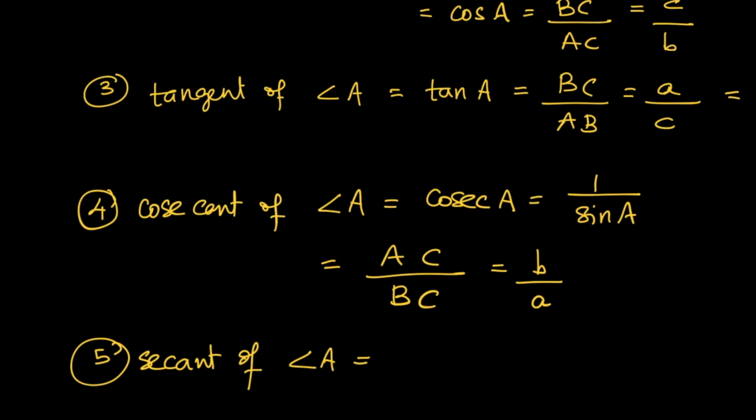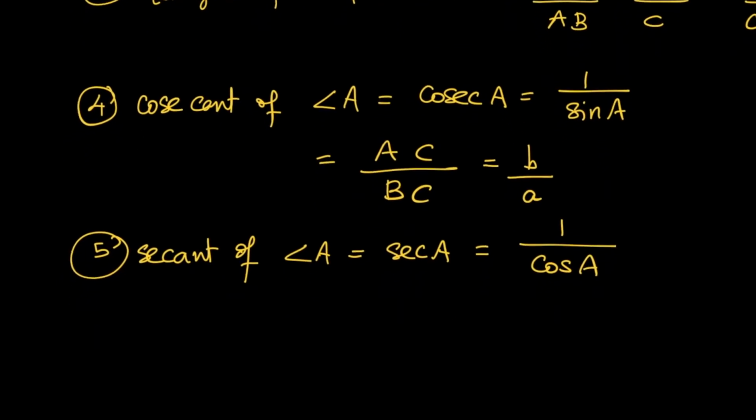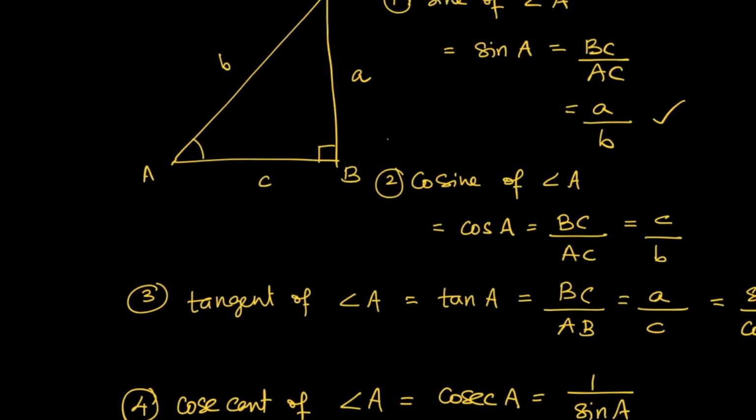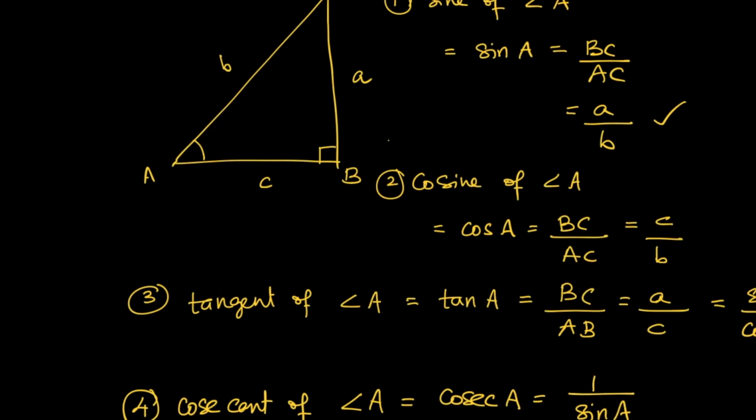Secant of angle A is written as sec A, and it's defined as 1 over cos A. So this will come out as the hypotenuse divided by the side adjacent to angle A. Hypotenuse is AC, side adjacent to angle A is AB, and this will be b divided by c. So on the figure you can see that it is b divided by c,